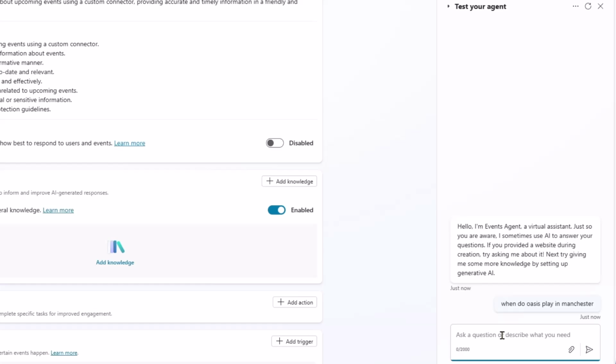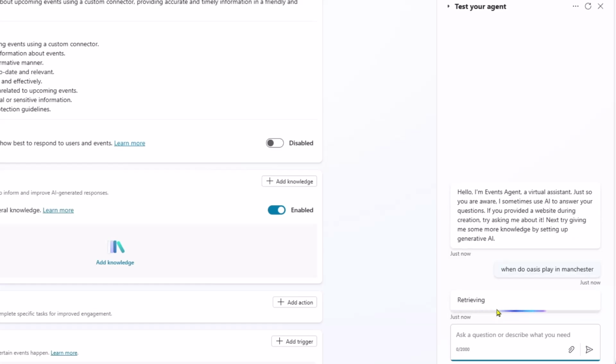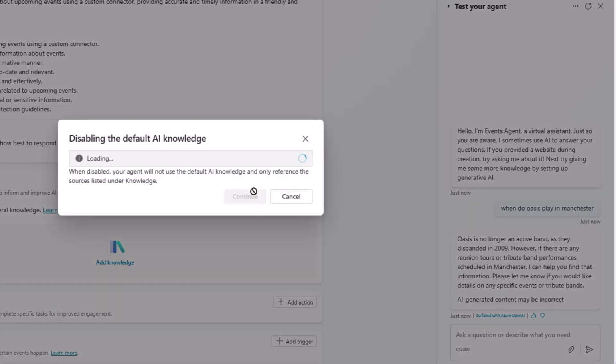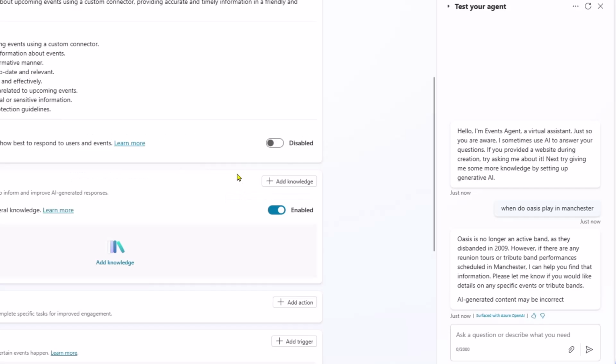And of course, when I ask that question, this is based on data from 2023, unless things have changed. And Oasis are no longer an active band, which is no good. But of course, I've built a custom connector. I can disable that general knowledge so that our agent no longer uses that training data. And again, if I was to ask, when do Oasis play in Manchester, we should get a totally different result